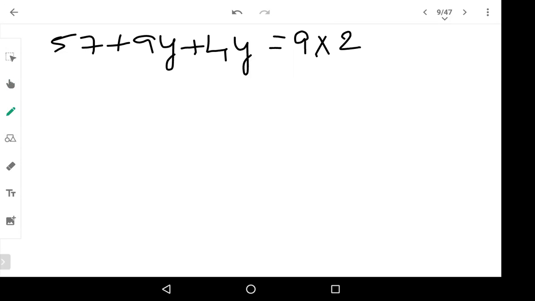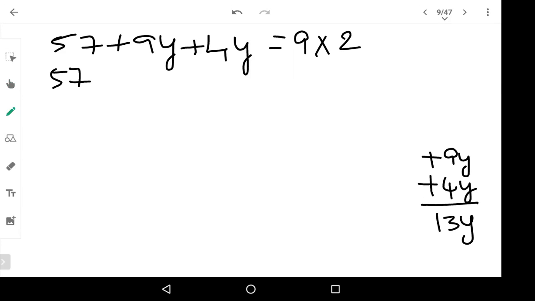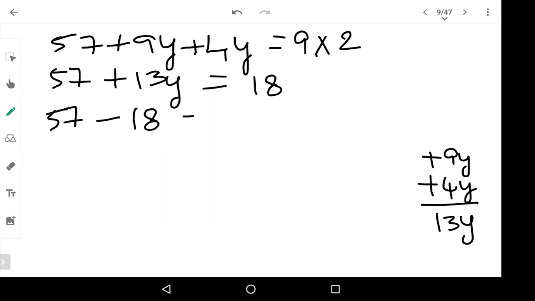Okay. Now here 57 plus 9y plus 4y. How much do I get? I get 13y. So plus 13y is equal to 9 2s are 18. Now I'm gonna get 18 to one side and 13 I'm taking it to the other side. So 57 minus 18 is equal to,